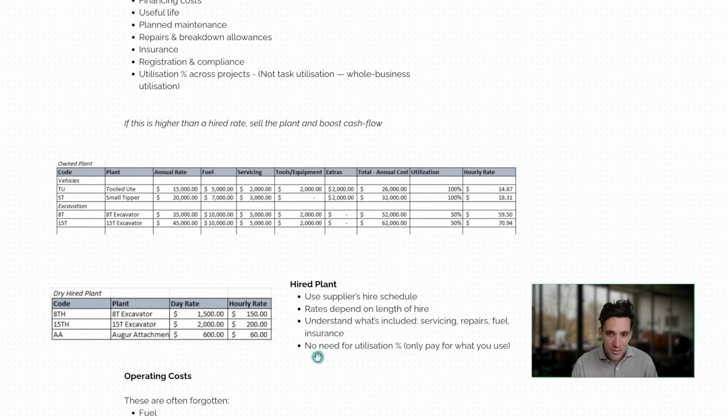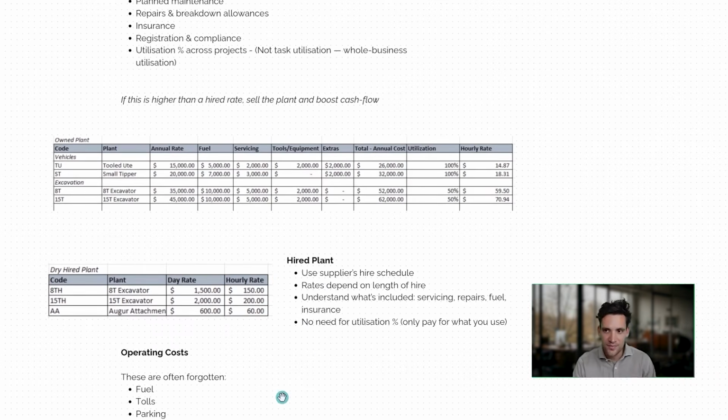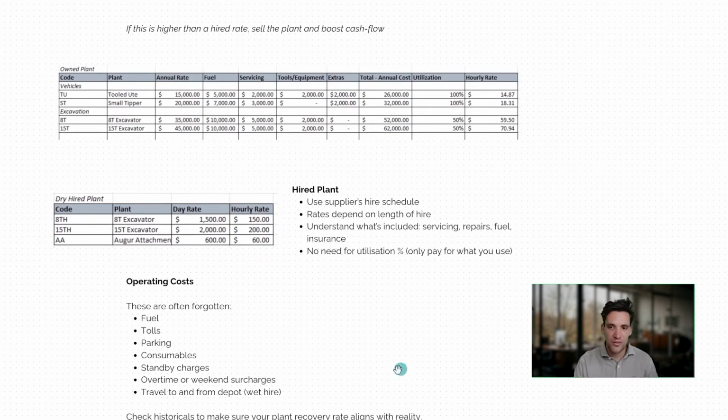Now, for hired plant, much simpler. Our supplier is just going to give us either a daily or, in some instances, maybe for wet hire, an hourly rate, but typically it would be a daily rate. Now, these rates can either be dry hire or wet hire, coming with an operator. With hired plant, we always need to pay attention to what's included in these terms and conditions. Wet hire plant for a crane for a couple of hours, you're not going to need to allow for servicing, fuel, whatever. But if you've got long-term hire of equipment, you may have to allow for some of these additional